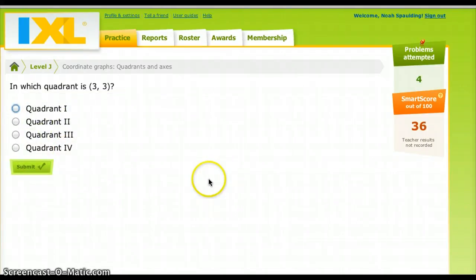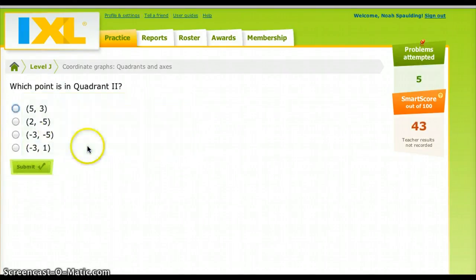Okay, positive, positive. So start at the origin, go to the right, and then go up. So that's in quadrant 1. It's all about the directions. Okay, so let's go ahead and do the last skill in this, which is